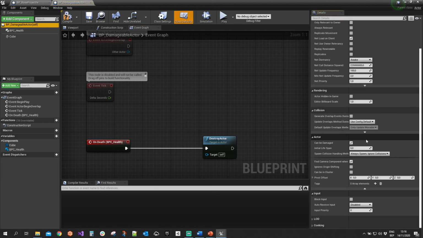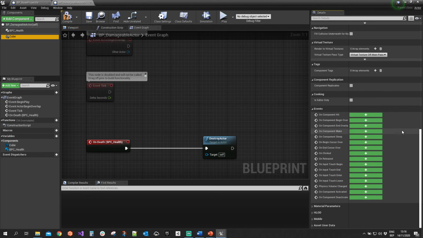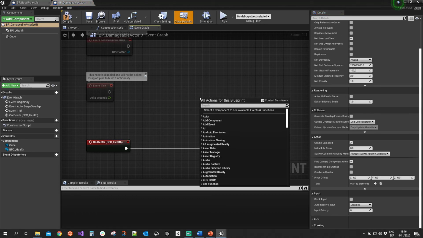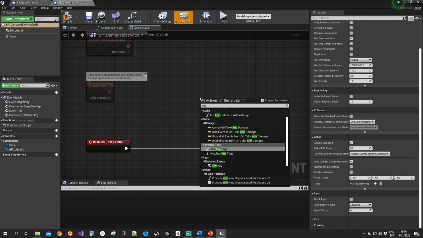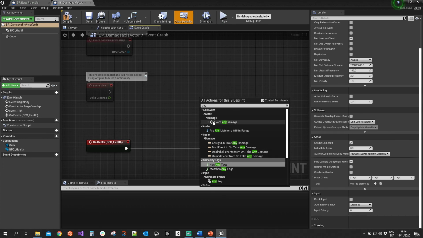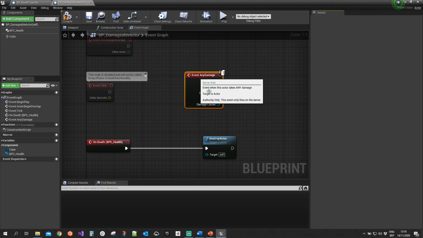If I then select my actor as well, and if I have a look here, I'm not sure if I have my actor directly available. Let's see if it's in here. Nope, but I can actually right click here on my BP actor itself and do any damage. If I then go and search, there should be an event over here under events, damage, event any damage. I can then also receive whenever something deals damage to my actor, and I can get the damage amount, the damage type, instigated by, so who actually originated the original damage,